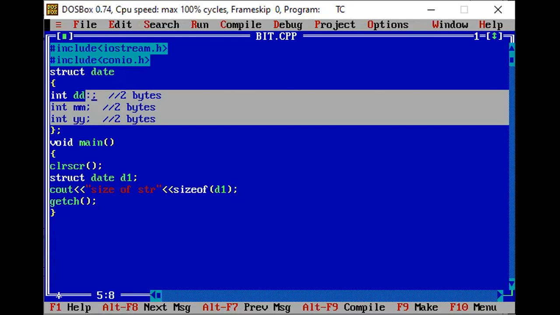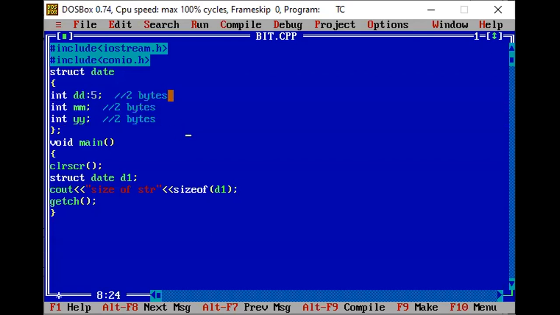Here I will define the width as 5, because as you know, if we consider date, then the maximum date will be 31. The maximum bits that will be covered by 31 is 5 bits. So I am taking here width as 5.